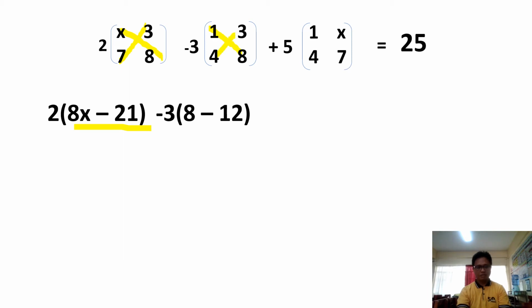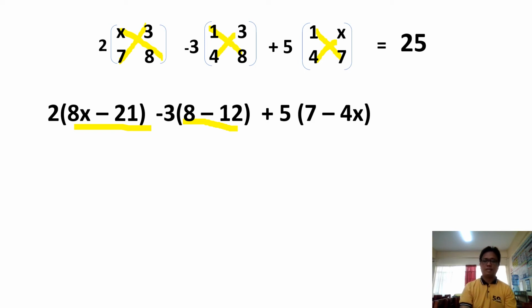Then 3 times 4, you have 12, then subtract, so you have 8 minus 12. Next is positive 5 times 1 times 7 is 7. Then x times 4 is 4x, so subtract, you have 7 minus 4x,